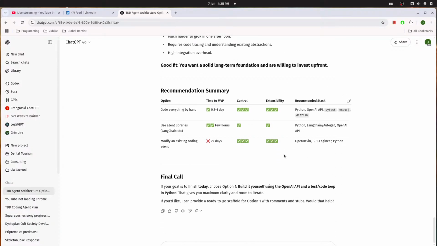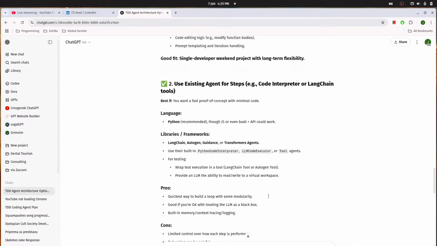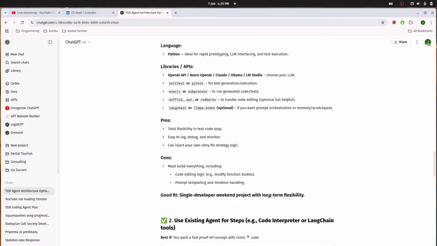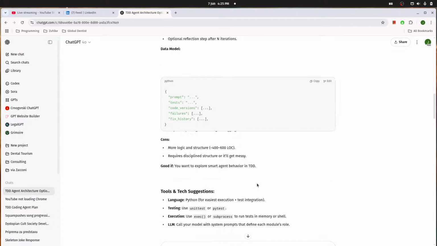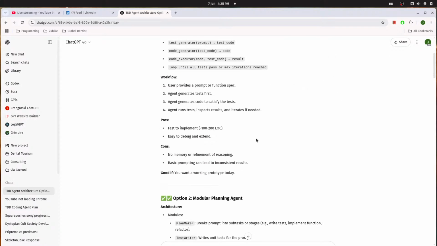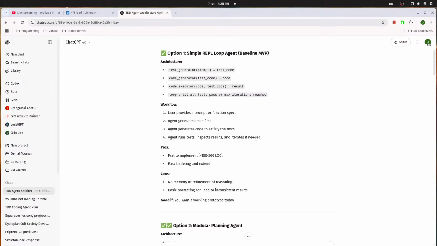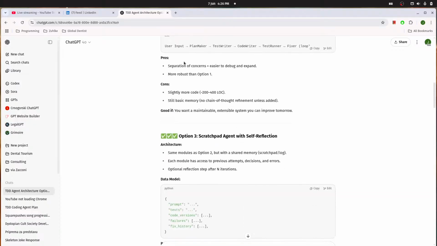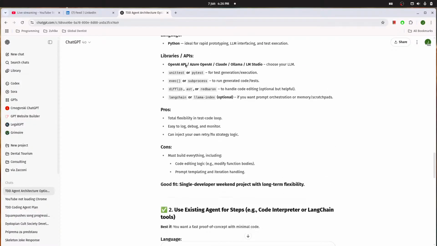I mean, we can use Copilot for any language. Really, the choice of language doesn't matter that much anymore. Although I would prefer TypeScript to Python just for global warming. So these are the three options, and